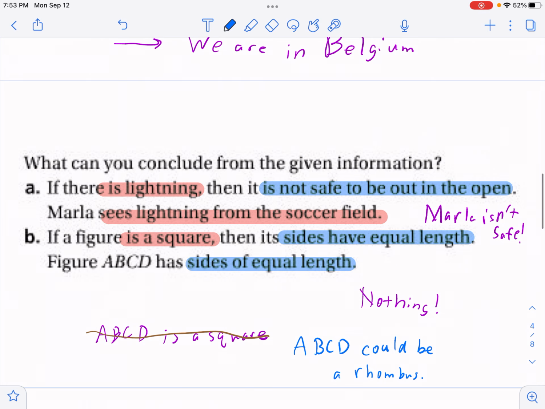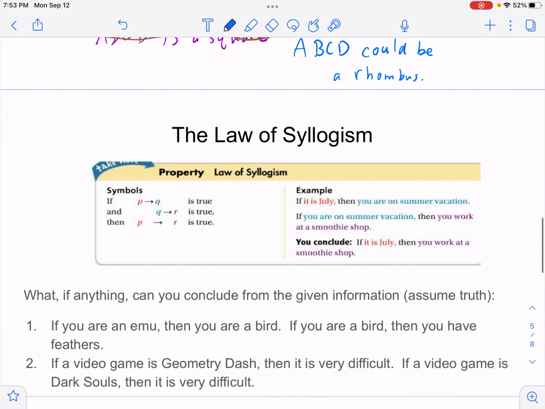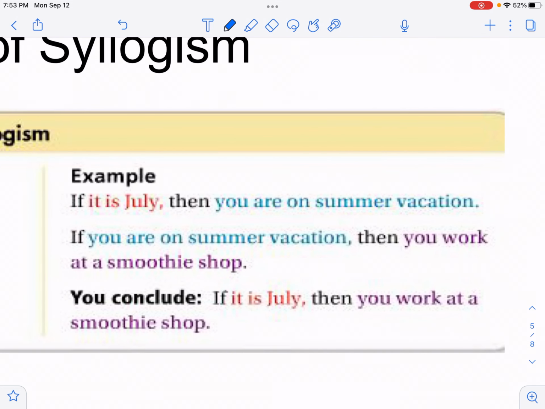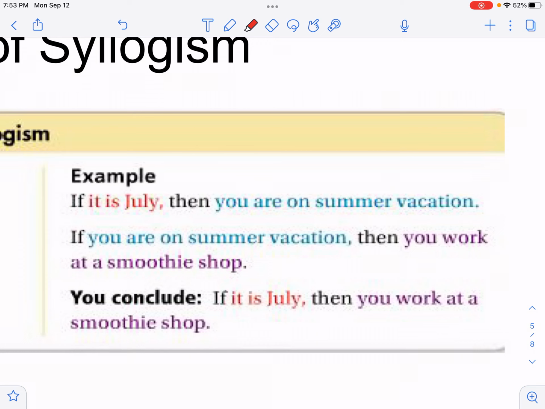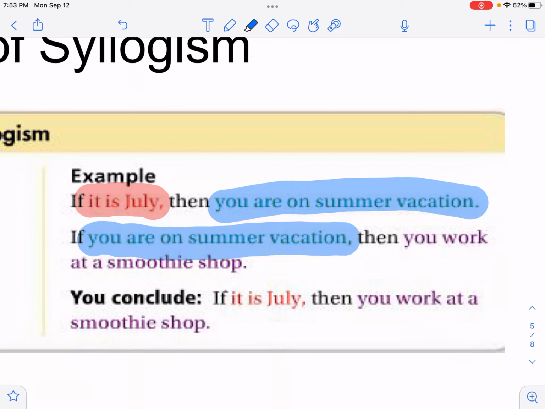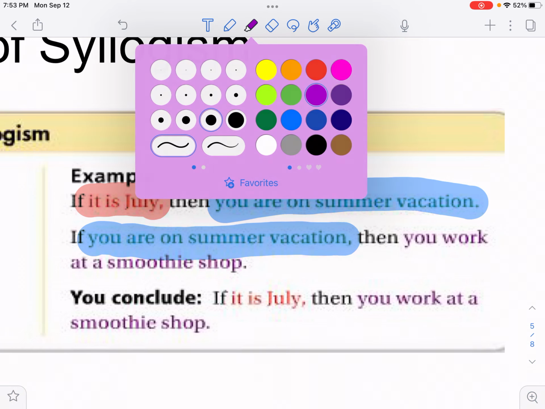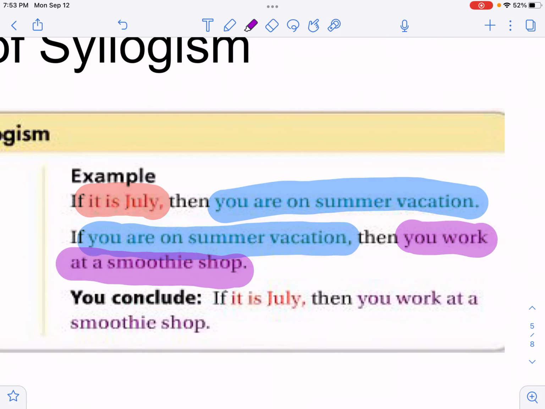So, pressing on, the law of syllogism. This one involves two if-then statements. In this case, first we've got, if it is July, then you're on summer vacation. And if you're on summer vacation, then you work at a smoothie shop, possibly a Jamba Juice. And the conclusion that we reach as a result of this is,